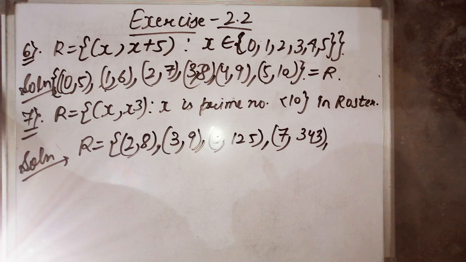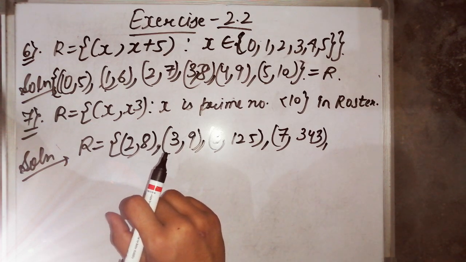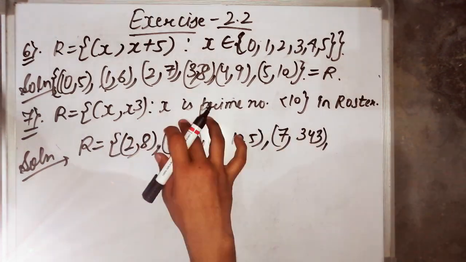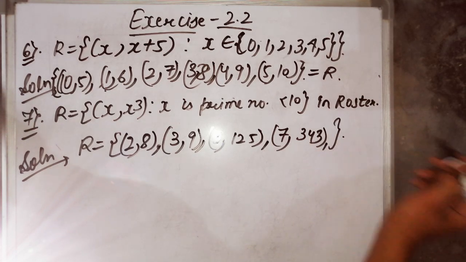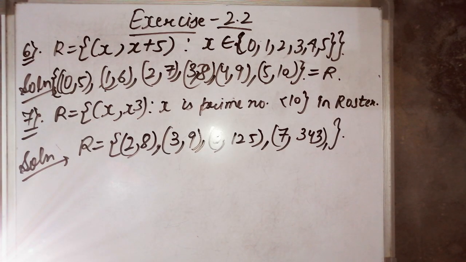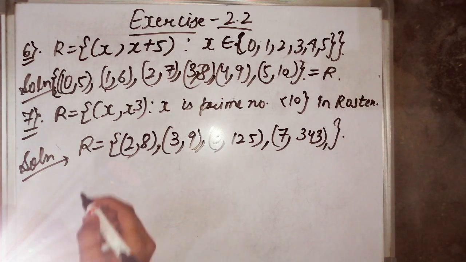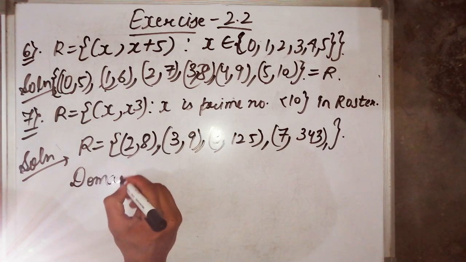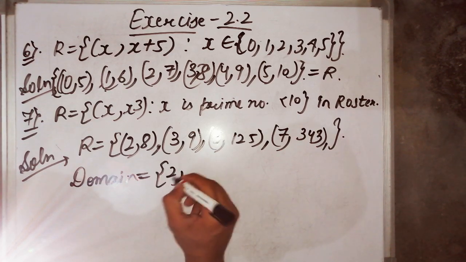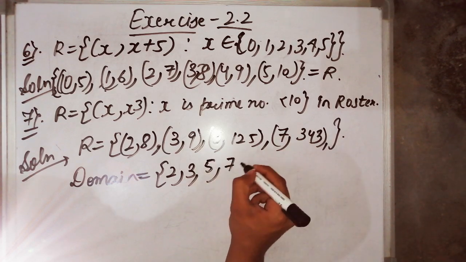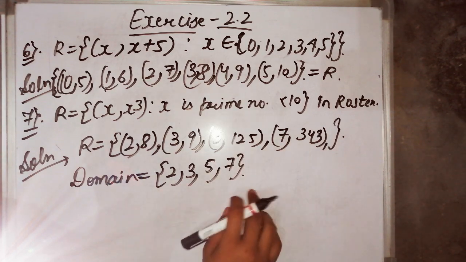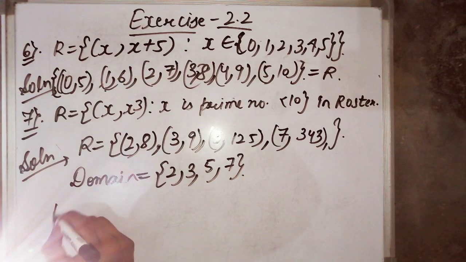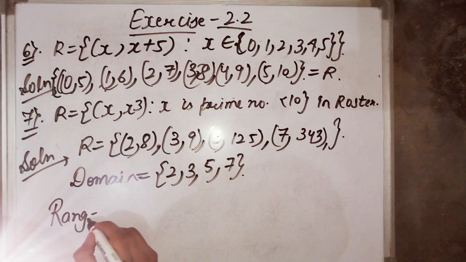Now what next? 9 is also a composite number. And we have been given that x is a prime number less than 10. This was the relationship in roster form, and we were also asked to write down the domain and range. Domain equals 2, 3, 5, 7, because these are the inputs which we have been given, and range equals